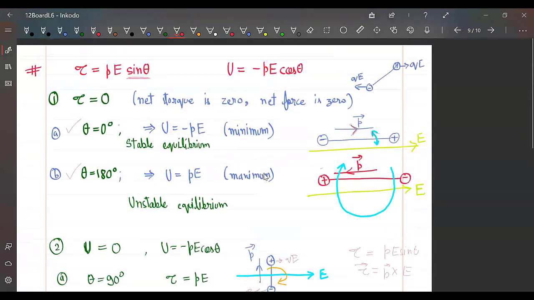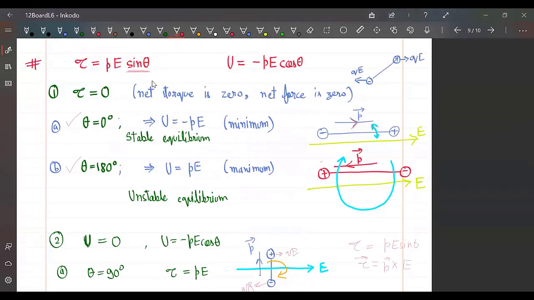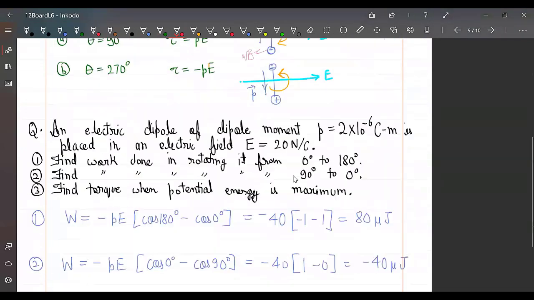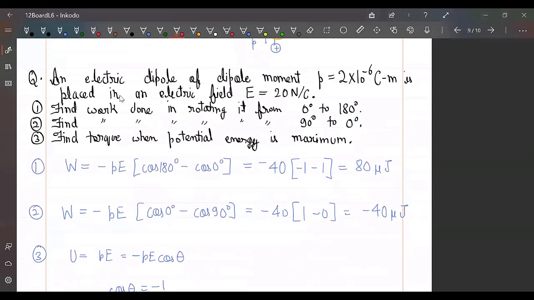Based on this, we'll do some questions. So remember this formula, torque is PE sin theta, that is the magnitude of P cross E. And potential energy is minus PE cos theta, that is minus P dot E. This is mod of P cross E, and this is minus P dot E. Formulas you must remember. So the question is that an electric dipole of dipole moment this much is placed in